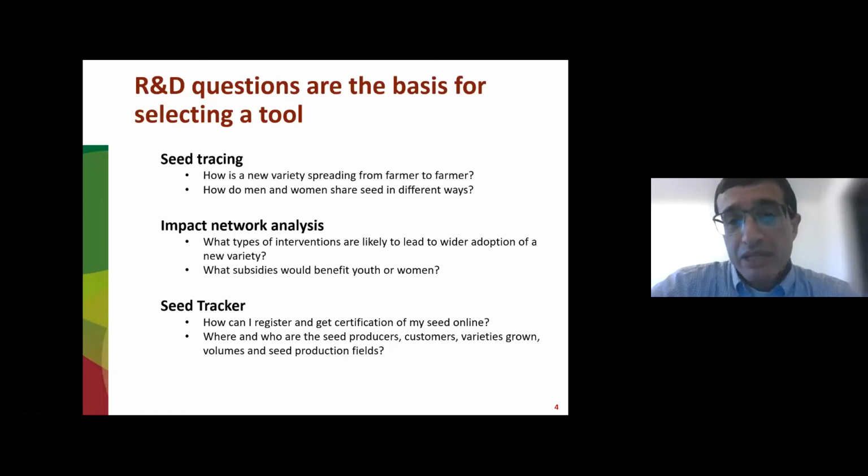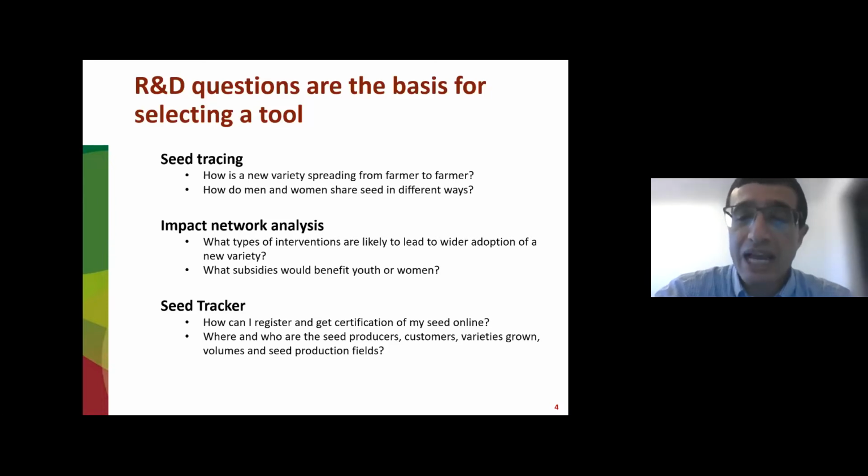Then we have impact network analysis, and the type of questions that we are covering with the INA, with impact network analysis, are a bit different. So you can see here a couple of examples. What types of interventions are likely to lead to wider adoption of a new variety, or what subsidies would benefit youth and women? So you can see that the impact network analysis is not really a descriptive tool,